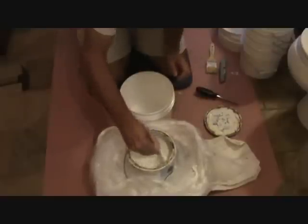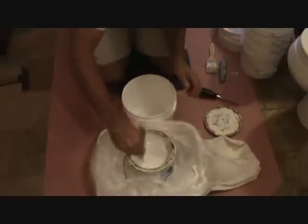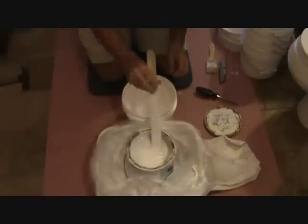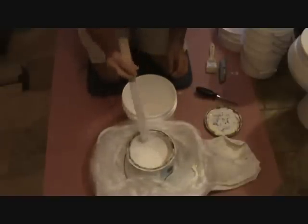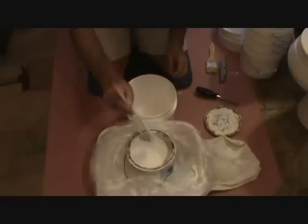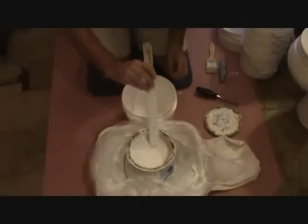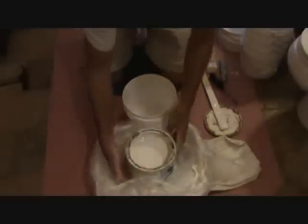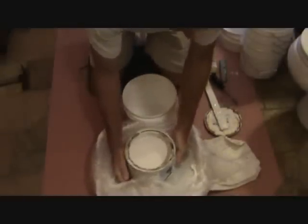Okay, so I'm just going to transfer this paint into this bucket, and that's it. All I have to do. And this paint will be lasting me for a long time. I know I don't have to show you this part. You know how to do this, but